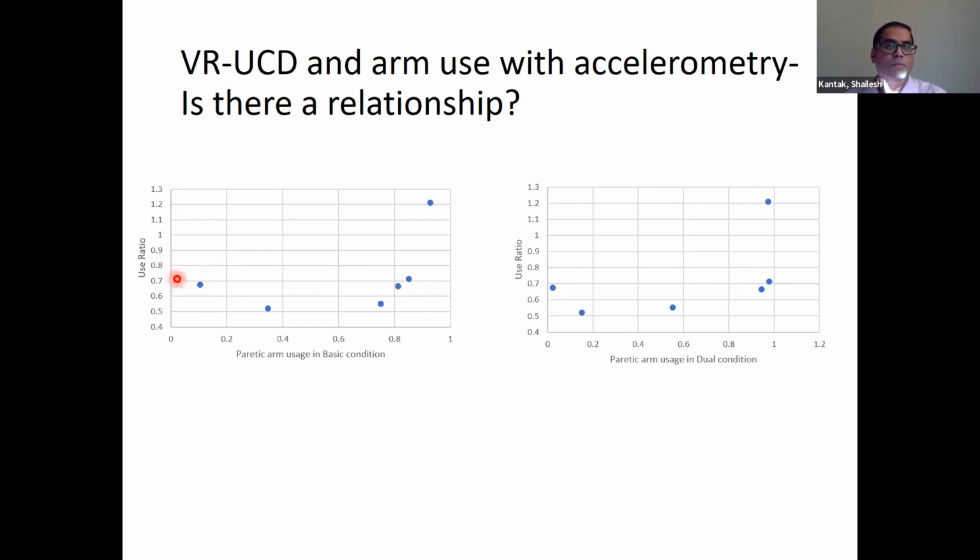So again, first of all, this is preliminary, but the way I have been thinking about this is that these two tests are measuring very different things. For example, VR is measuring arm choice in a very constrained, 20-minute lab-based task, where we are measuring the effect of attentional load on arm choice, while accelerometry is measuring arm use across 5 days, where patients might be doing different things in different contexts. So these might be measuring different things, and we don't know. As we get more data, we'll keep you posted.